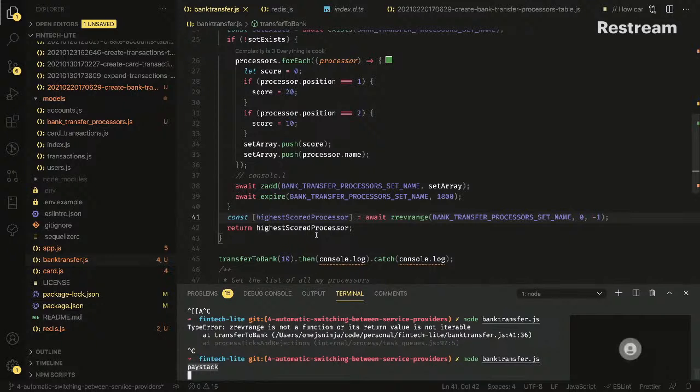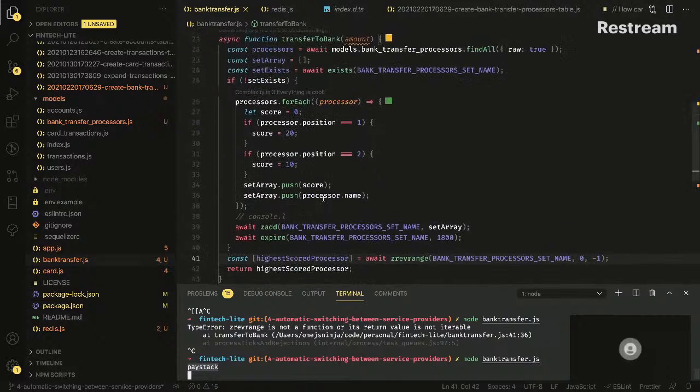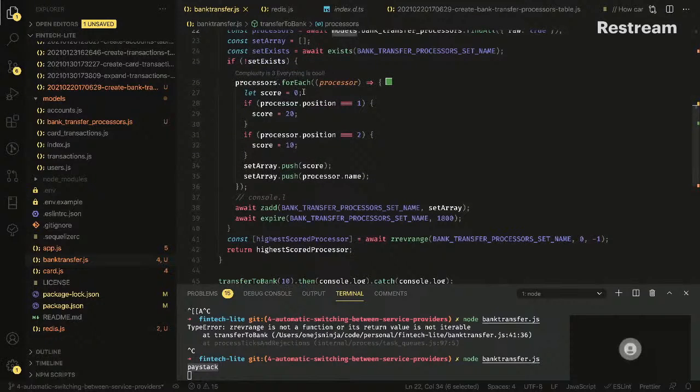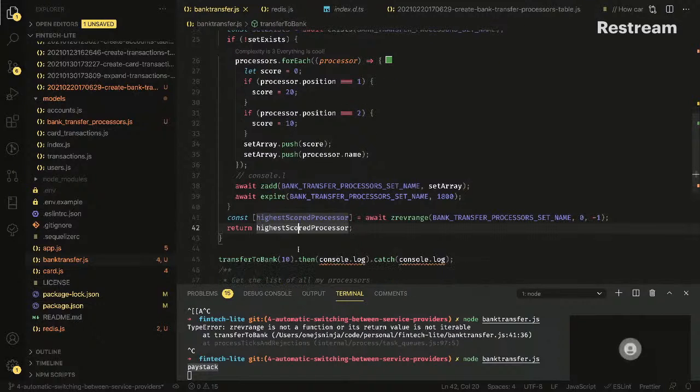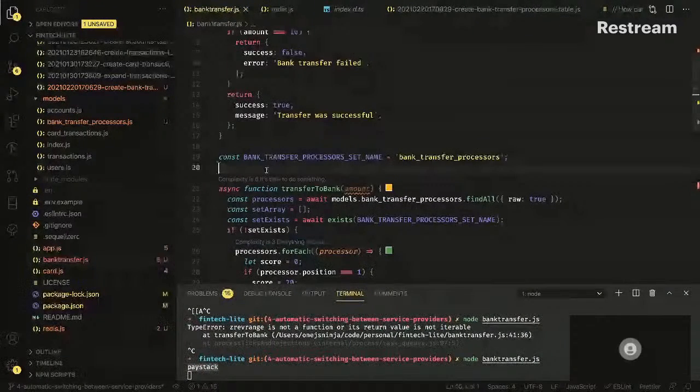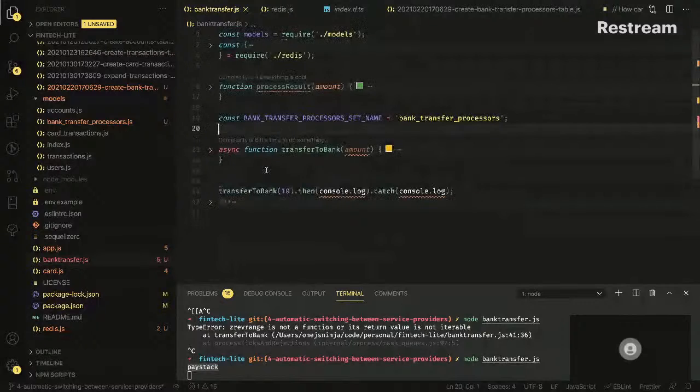All right, so far I think the logic's clear, right? What we have done, like I said before, we got the list based on the position, we gave it a default score, and then we push everything to an array, and here, the highest score processor. And then you return a string. This highest score processor will return a string called Paystack, right? Imagine that in your code you now have something like